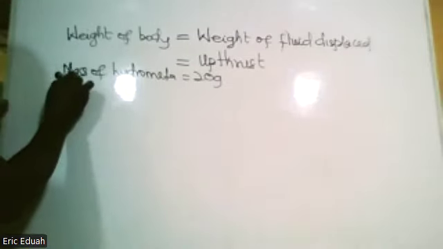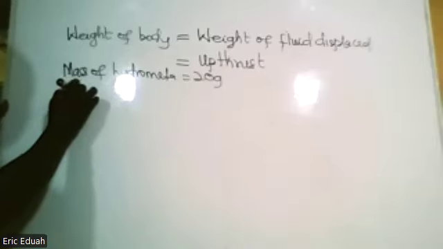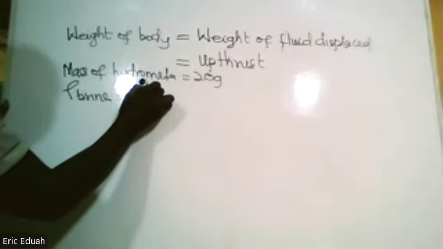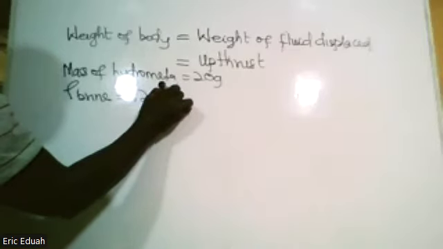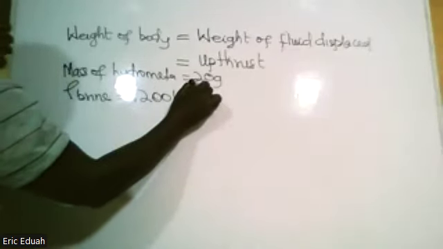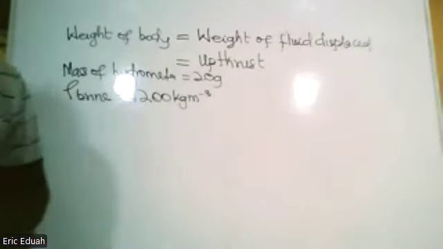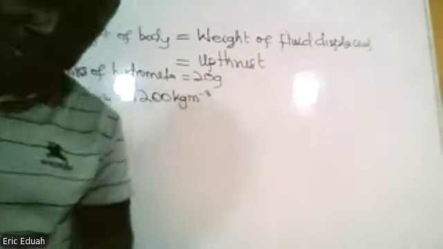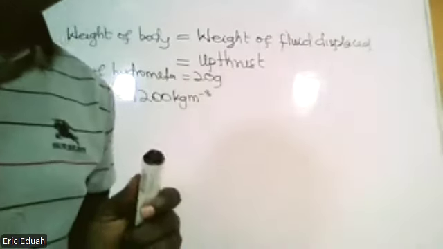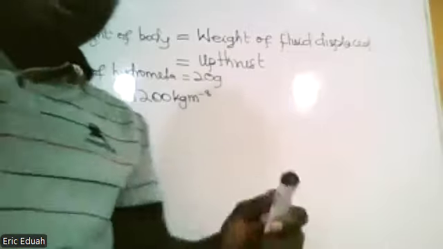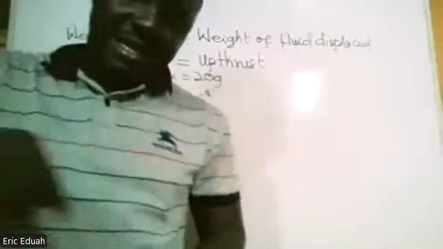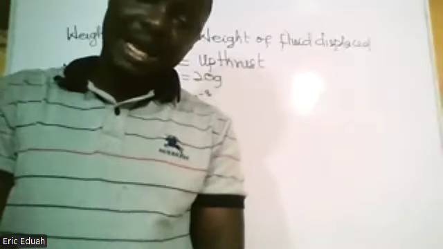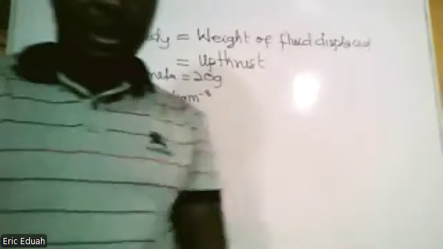So the density of the liquid brine is 1,200 kilogram per cubic meter. Then calculate the volume of the hydrometer submerged